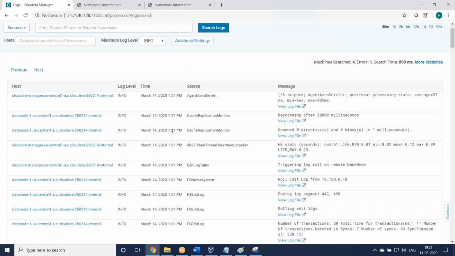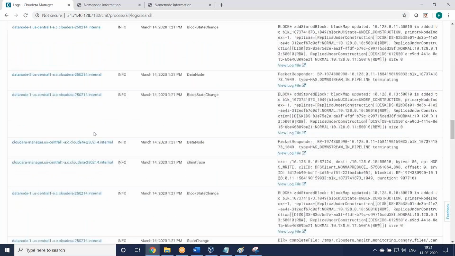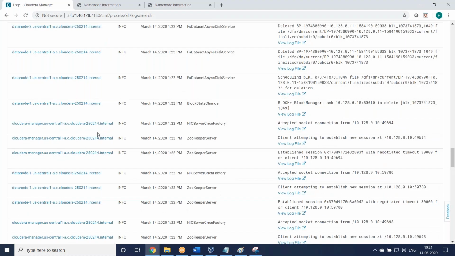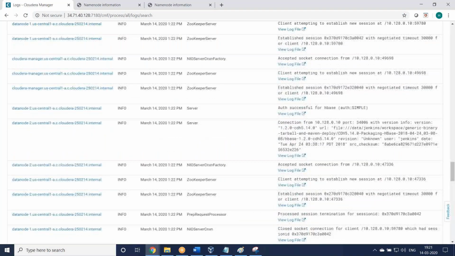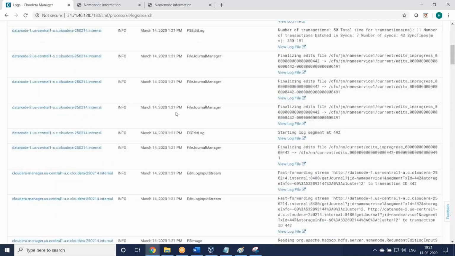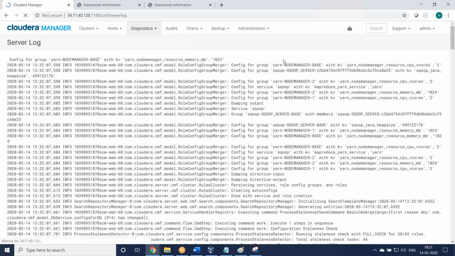Your recent logs will be displayed here, all the servers for the respective log. You see, data node log, every log it will display. So this is services logs. What are the services? Hadoop services. And the other option, Cloudera Manager server log. You see, Cloudera Manager server log.